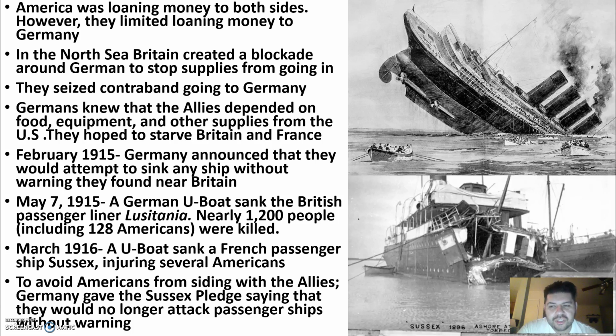All right, so now the Germans knew that the Allies depended really heavily on the US and other empires for food, equipment, and basically supplies that they can't make themselves. And the Germans had a plan: any ships that were coming through, sink them. Remember, food is really scarce in Britain and in France. So if we can stop the food supply, that will starve the British, and then that would make them surrender.